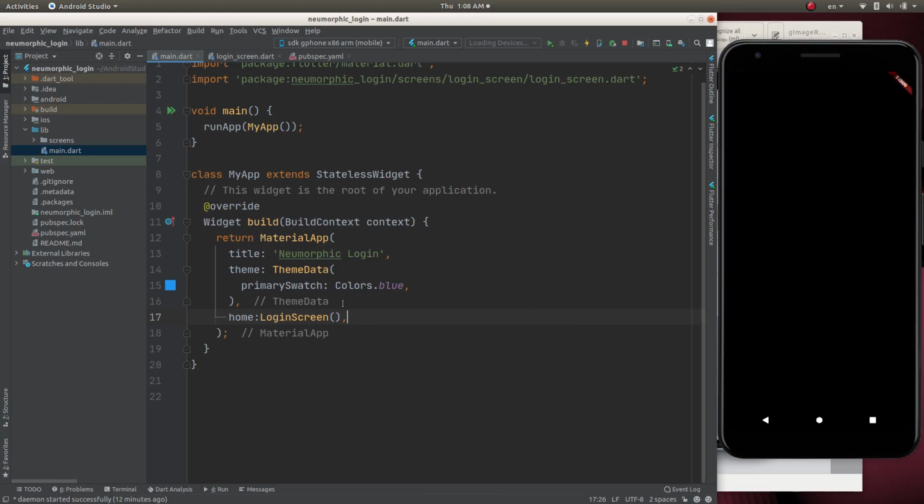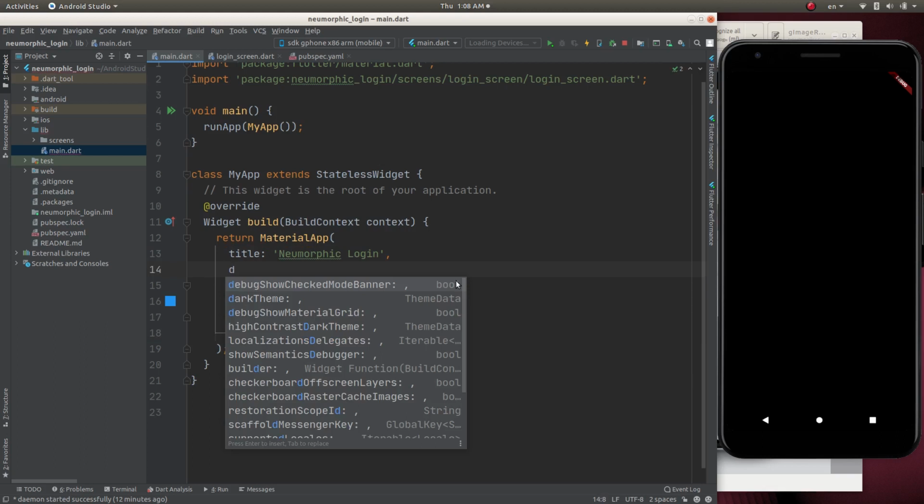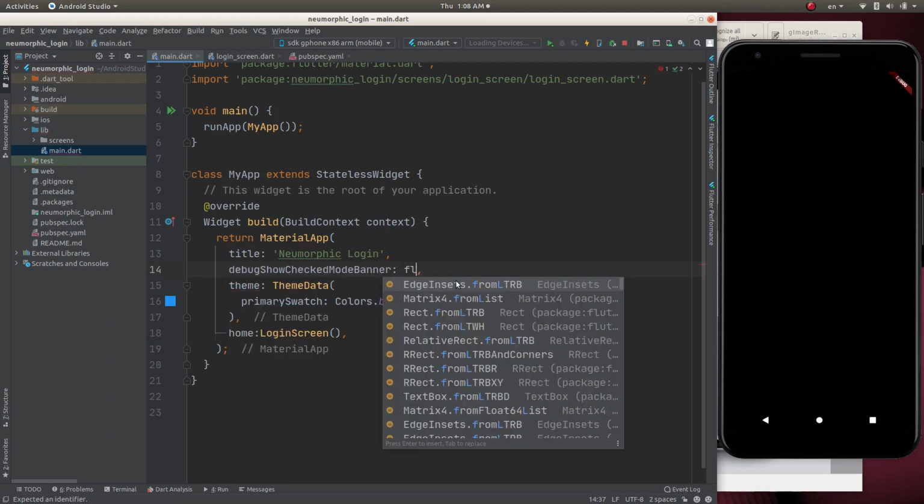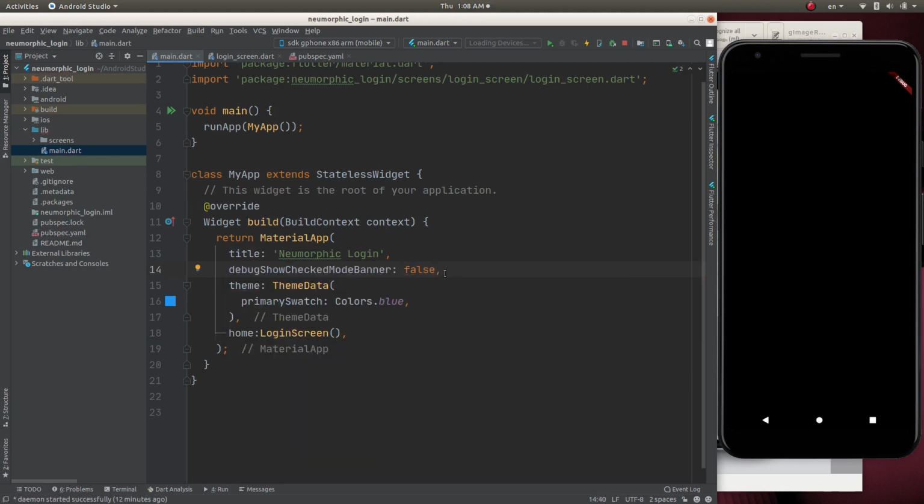Okay, now it's a black screen. Let's take the debug banner off. For that, set debug banner to false. Okay, next